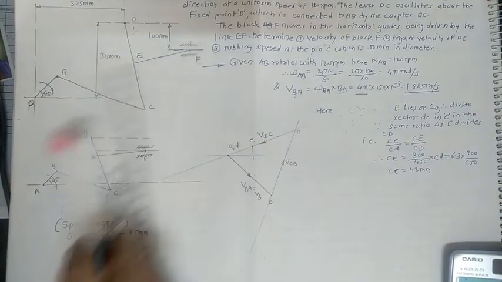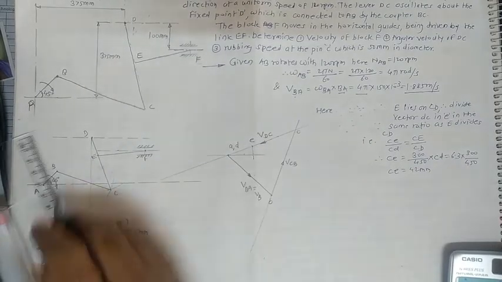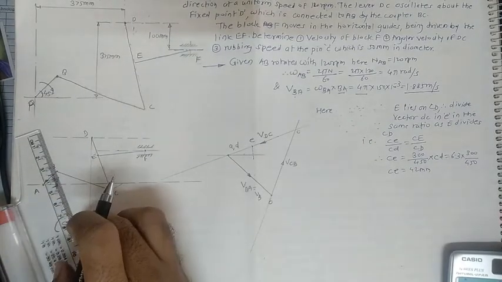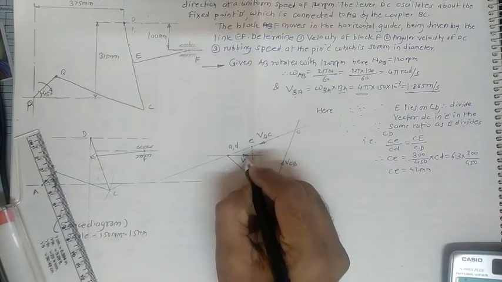So what is this? This is nothing but the path followed by the slider. If you see, when this starts rotating in this direction, the tendency of this slider is to move towards this side. So what is this? This is nothing but the